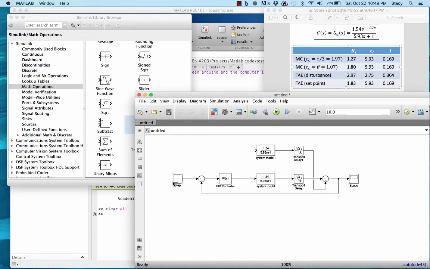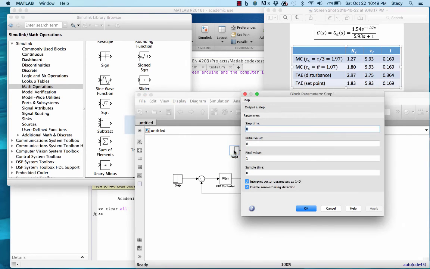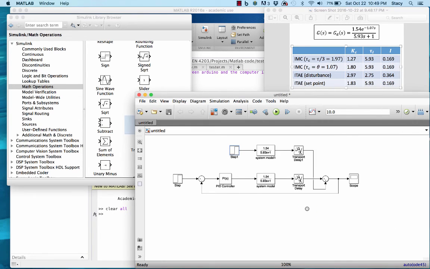So I now need to add another step. I'm going to copy this step for an input to get my disturbance. But now I want to have this happen at another time. So let's say at 20 seconds that I want my step and my disturbance to happen. So we'll be able to see both in the same simulation. So I hit play